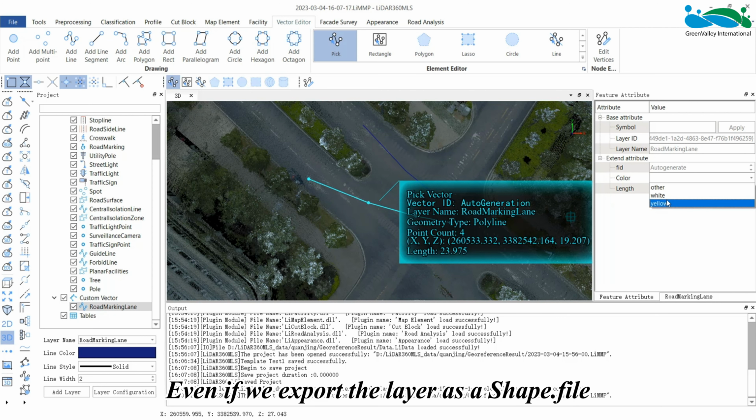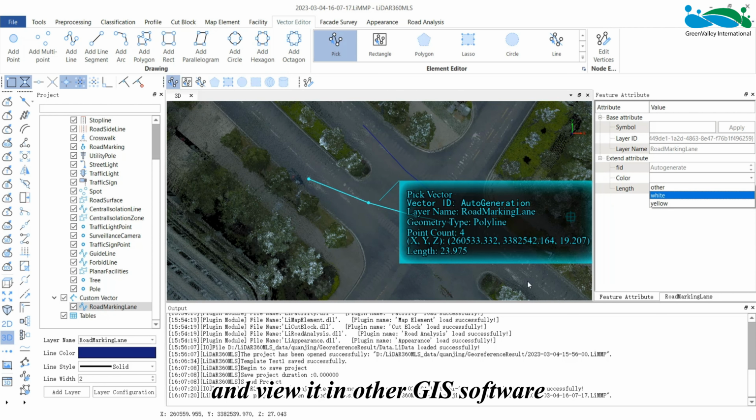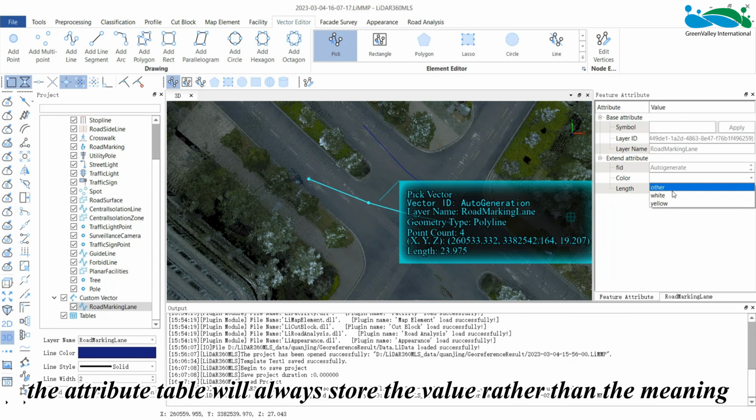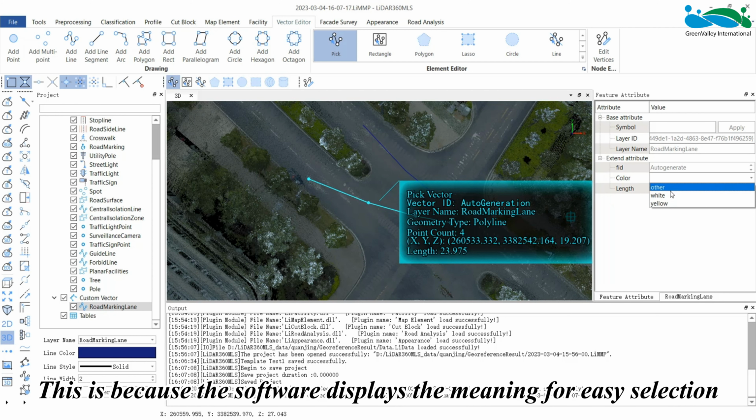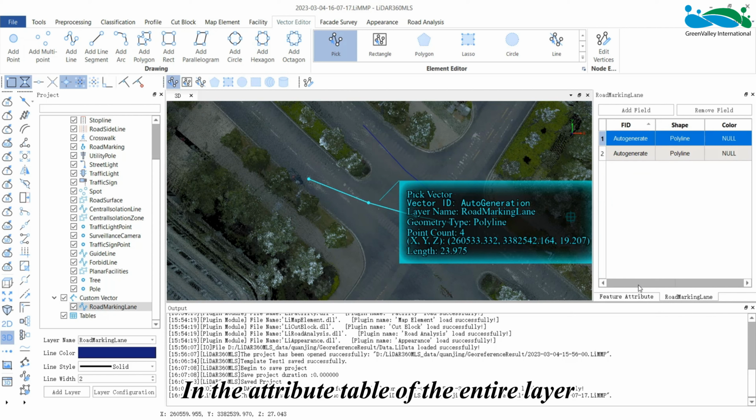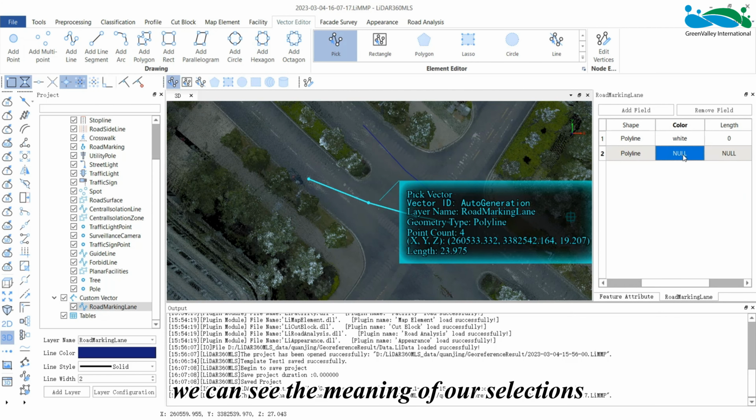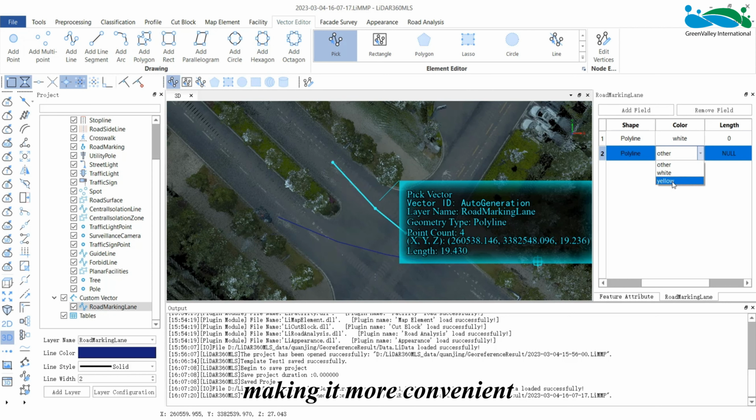Even if we export the layer as a shapefile and view it in other GIS software, the attribute table will always store the value rather than the meaning. This is because the software displays the meaning for easy selection. In the attribute table of the entire layer, we can see the meaning of our selection, making it more convenient.